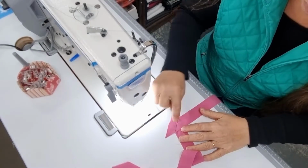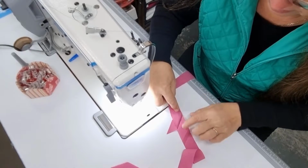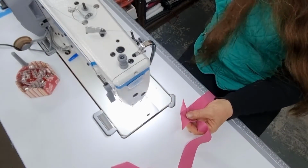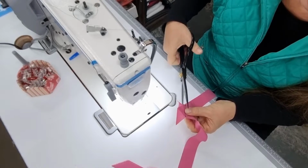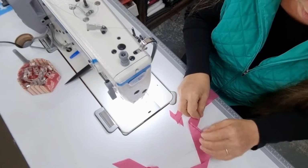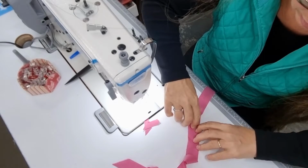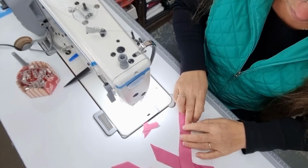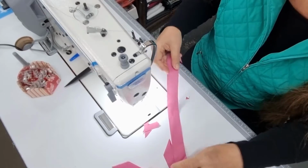So there we've stitched from corner to corner, and when you open that out you can see that your bias strip is nice and straight. So we can trim this off. And we'll just finger press that open. So there we've got really nice straight bias edge,